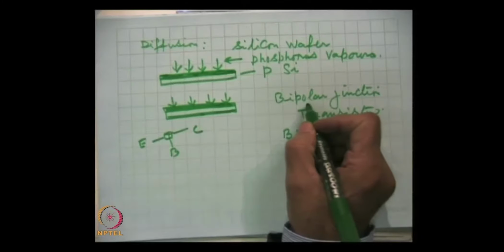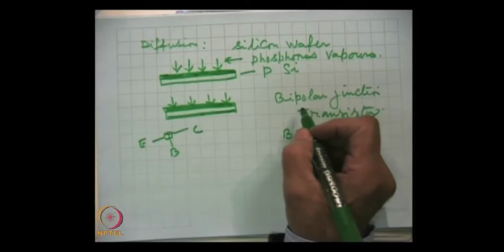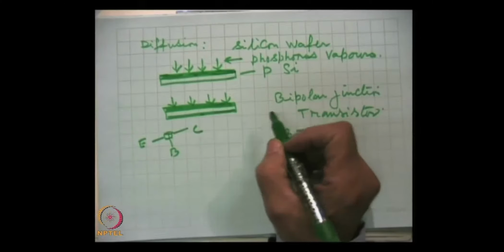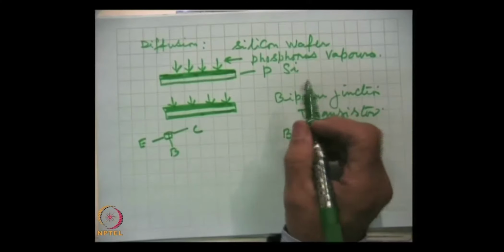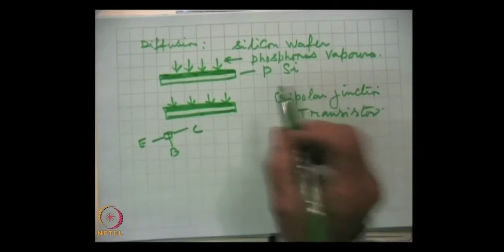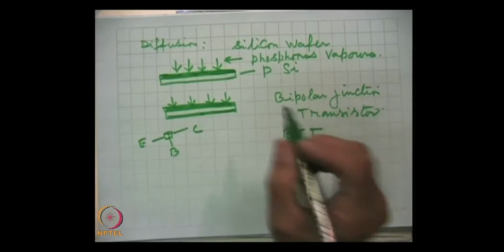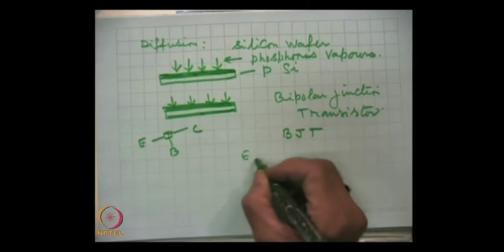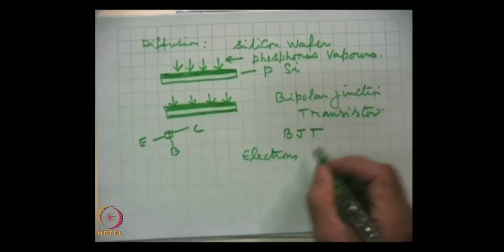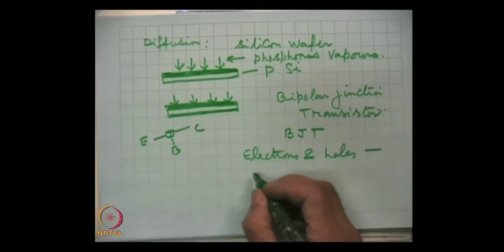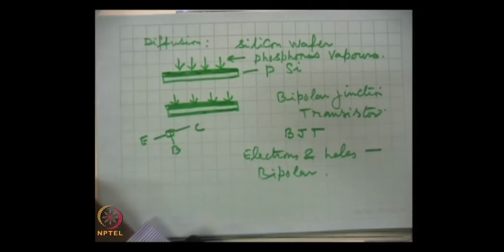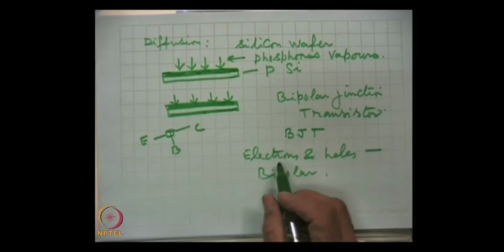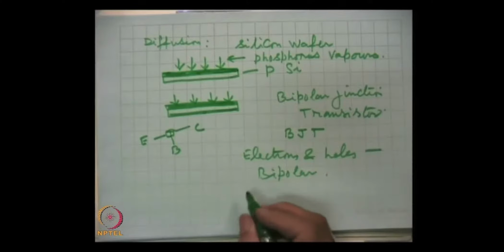This is called bipolar because for the working of this transistor, as we will see, electrons and holes both are required for its operation. So, because of the requirement of electrons and holes, this is called a bipolar transistor. In contrast to this, the field effect transistor,